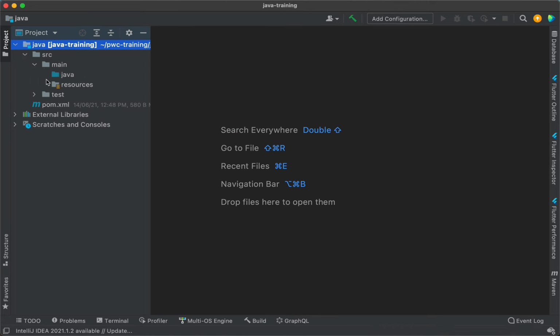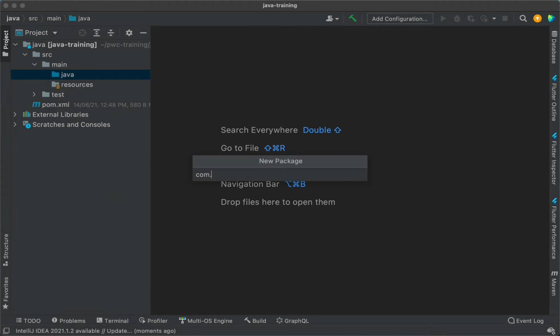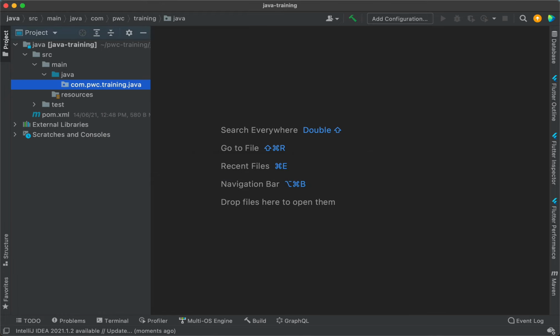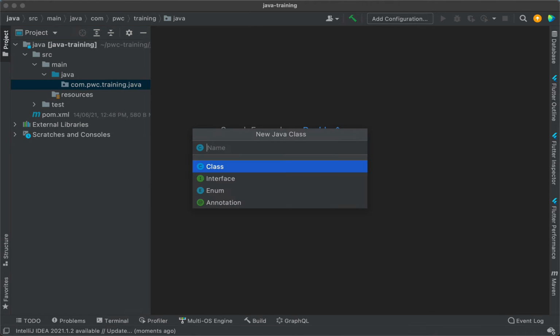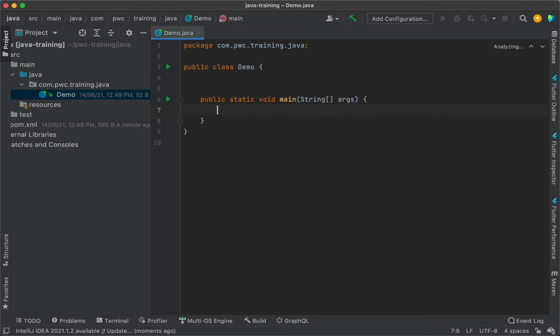Okay, so don't worry about this entire structure of this project. It's a plain simple Java project, and whenever you create classes, you better create a package, and I'll say com.pwc.training.java. So it's a Java training, and within that I create a class and I give the name of the class as Demo. Within the Demo class I have my main function, same stuff, but I'm writing it in the project in some different folder. The project is created and I have an IDE to work on my project. So you see this, I have created a main function.